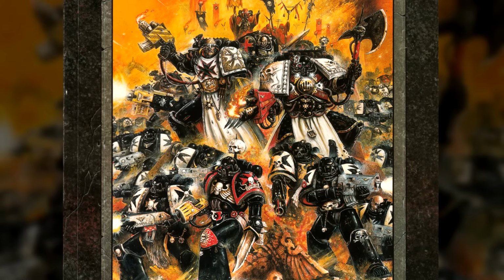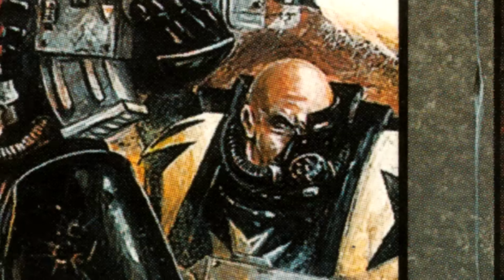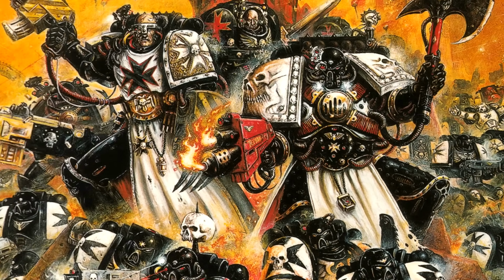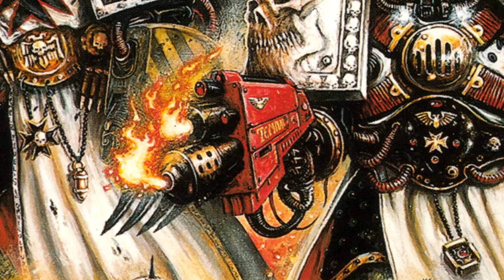and the details here really make it shine. The red inlay you see on this Marine's pauldrons, the knee gorgon, this guy's unusual half gas mask, and is it any surprise that they once again eventually turned this guy into a mini? Even if they didn't capture his combi flamer that spits flames out of the hole that really shouldn't be spitting